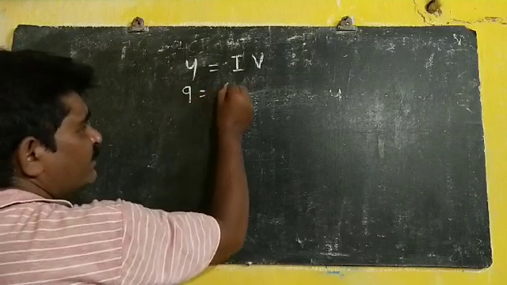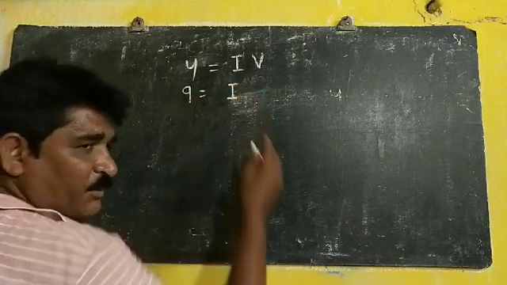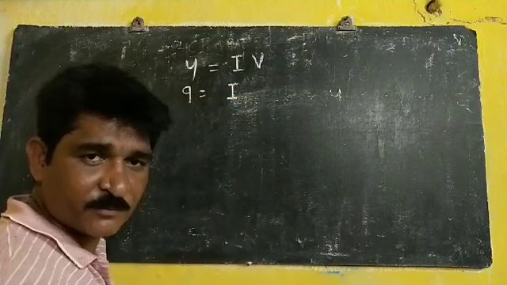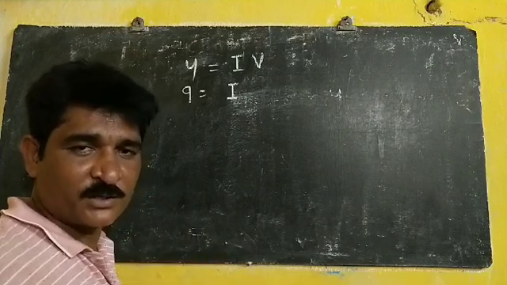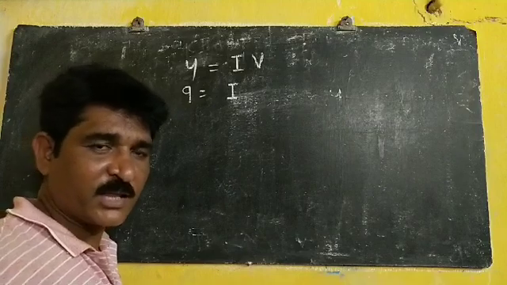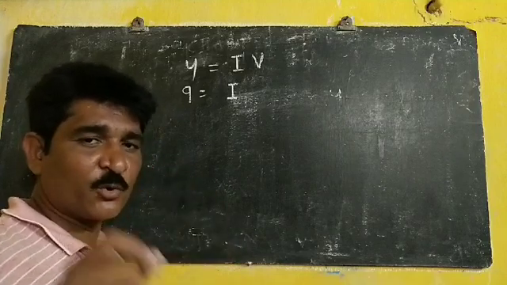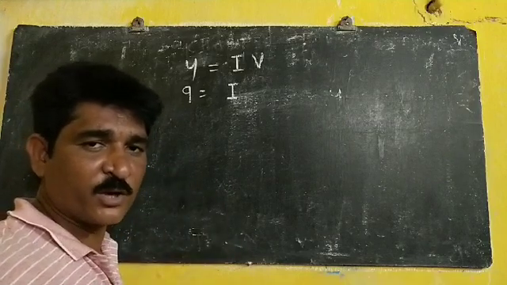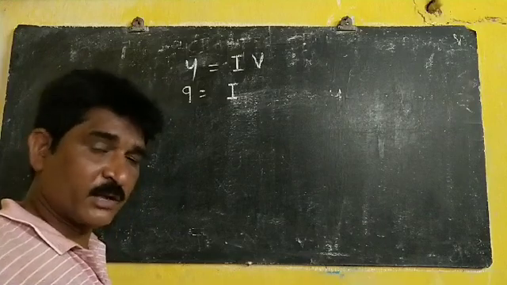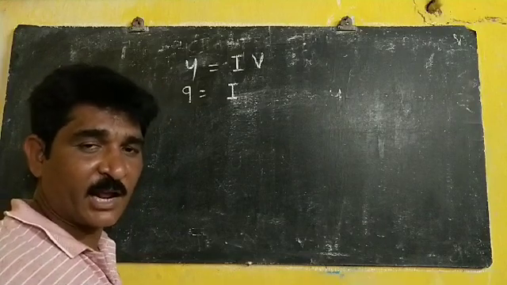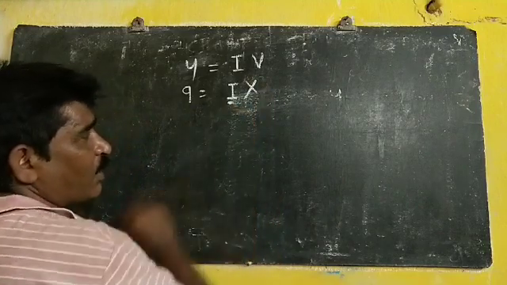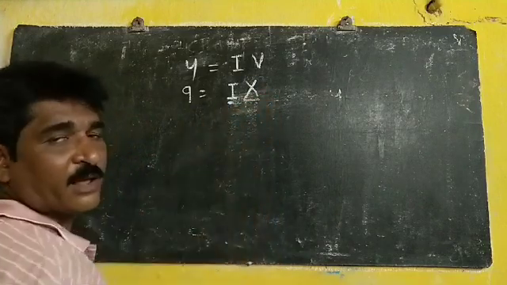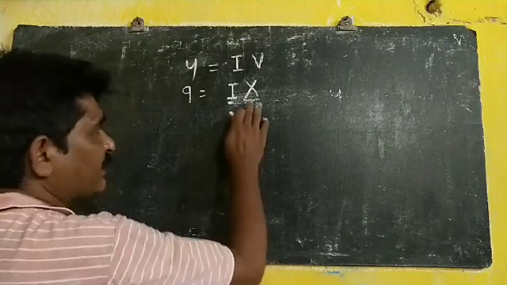Similarly, 9 means 1 rupee take. Ask him for 1 rupee first. Give me 1 rupee. Suppose I am asking you for 1 rupee, you are giving me 1 rupee, then I will give you 10 rupees. How many rupees exactly am I giving you? 9 rupees or not? Because you have already given 1 rupee to me and are taking 10 rupees from me. So IX. You have given 1 rupee, then taking 10 rupees from me. IX.